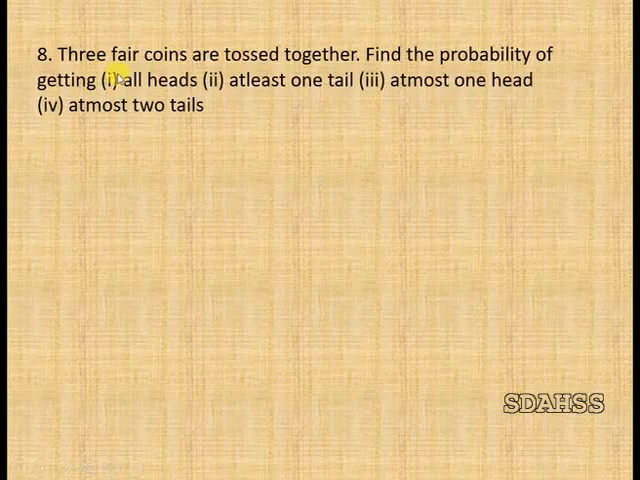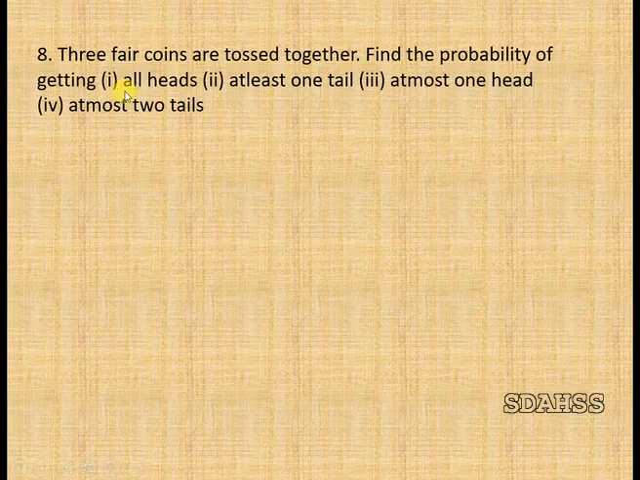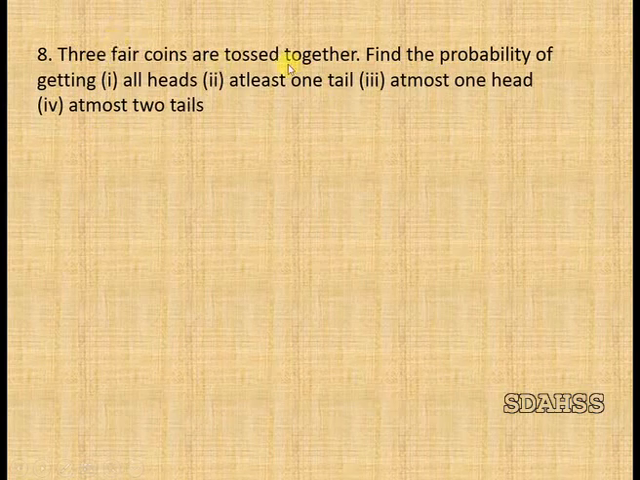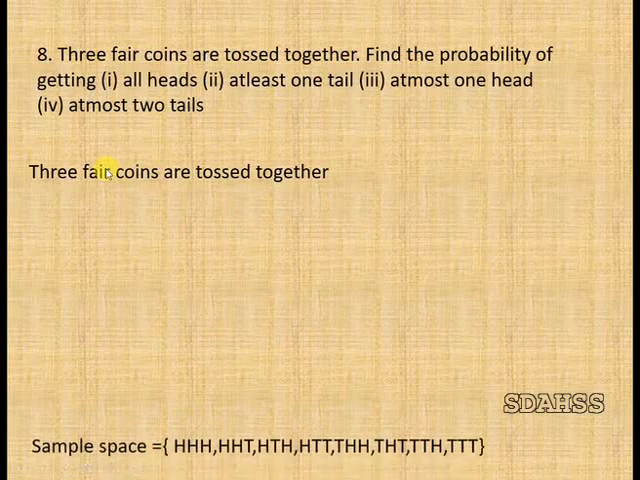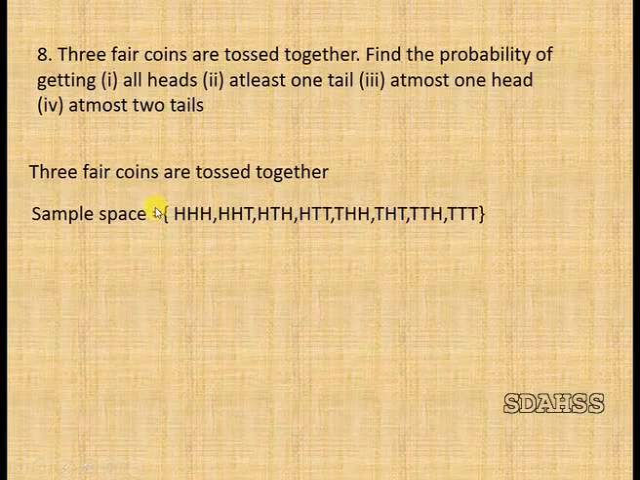Eighth sum. 3 fair coins are tossed together. Find the probability of getting all heads, at least one tail, at most one head, at most 2 tails. Then the outcomes are